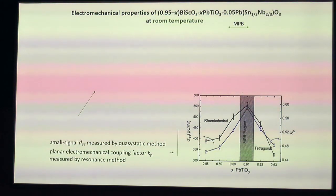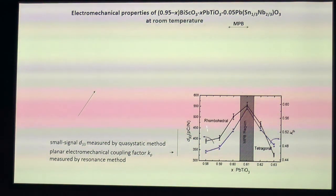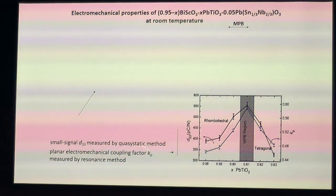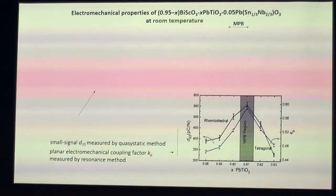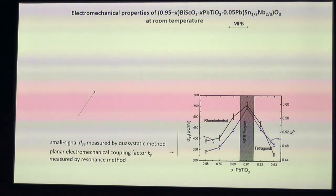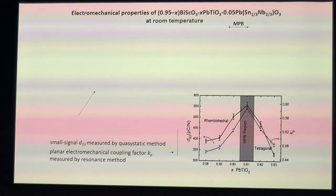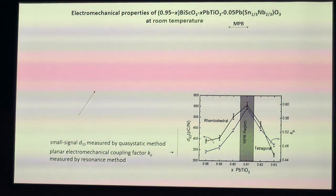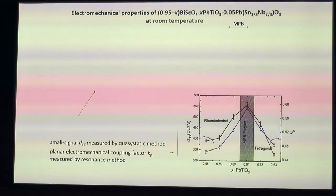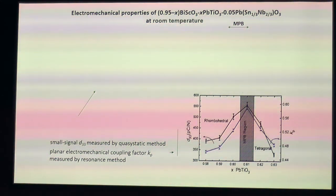Then, if we measure the small signal piezoelectric coefficient, we again see the maximum of this coefficient and electromechanical coupling factor at the morphotropic phase boundary, and the value is almost 600. This is a high value, but you can say that it is not very high. Some ceramics have larger values, but you need to remember that in those ceramics, the Curie temperature is low. We are talking about the materials with high Curie temperature. And